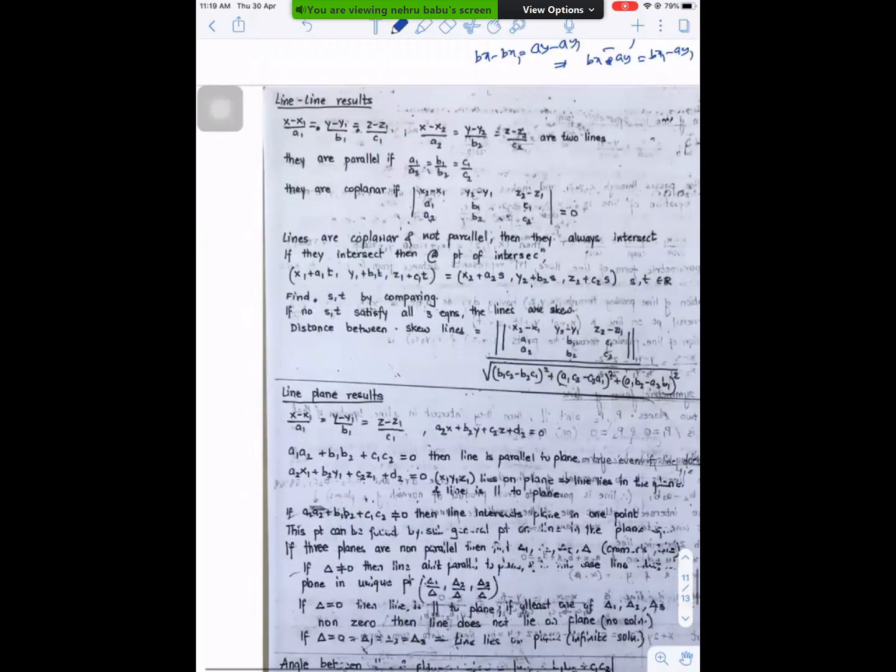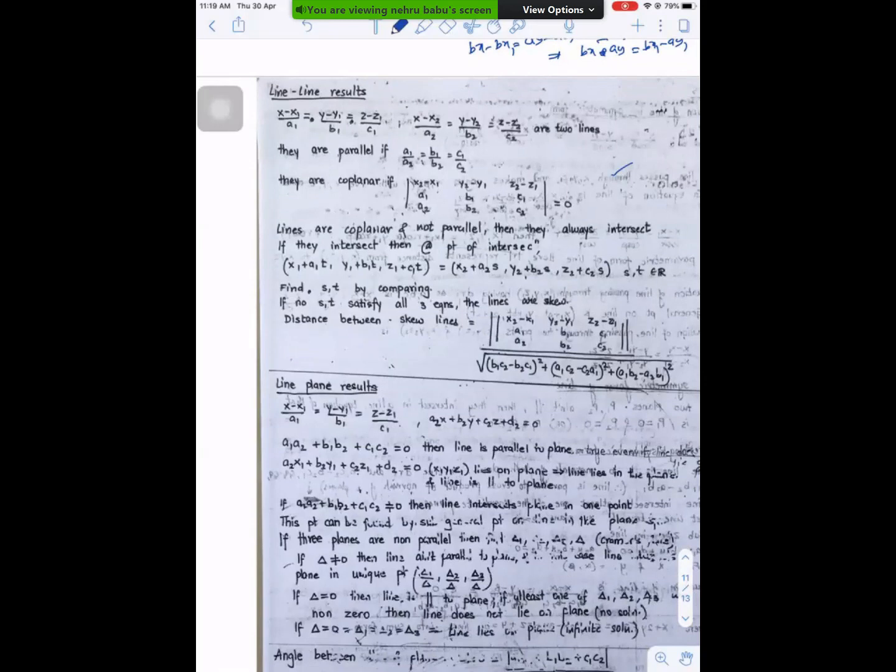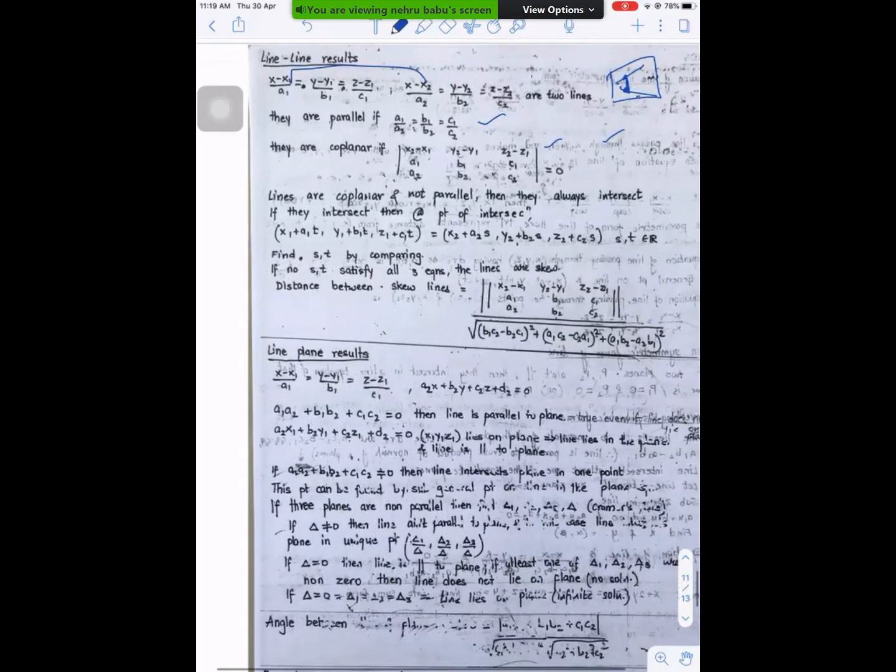Okay. Next result, just now we discussed the condition for coplanar. If you want to check whether two lines are coplanar, if A1 by A2 equal to B1 by B2 equal to C1 by C2, that is, they are parallel, then to check that, take x2 minus x1, this point. The reason is, if you take two points x1, y1, z1 and x2, y2, z2, this vector also lies in that plane. So x2 minus x1, y2 minus y1, z2 minus z1, and one vector a1, b1, c1, and the other vector a2, b2, c2. So that determinant is 0. That is the condition for coplanar.